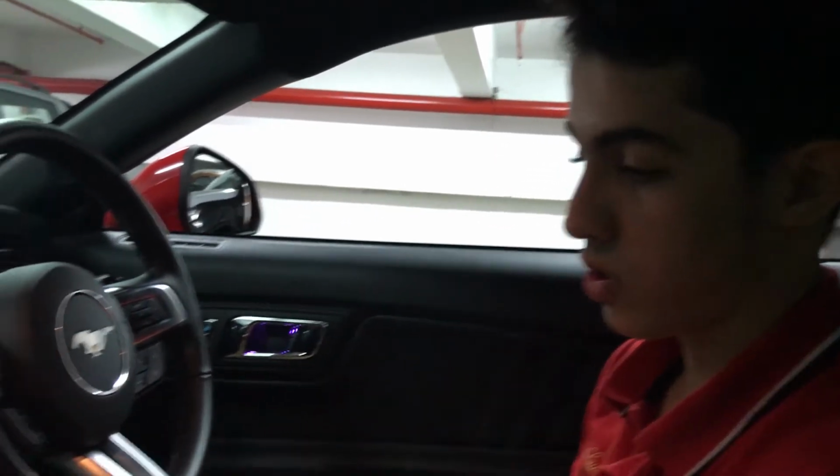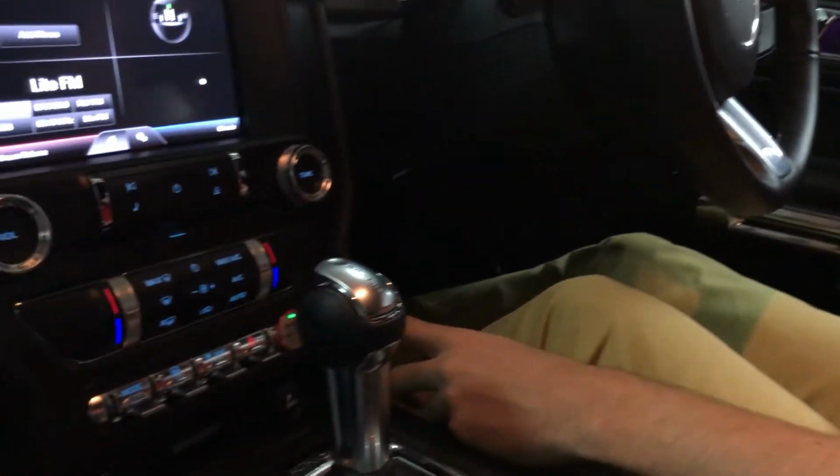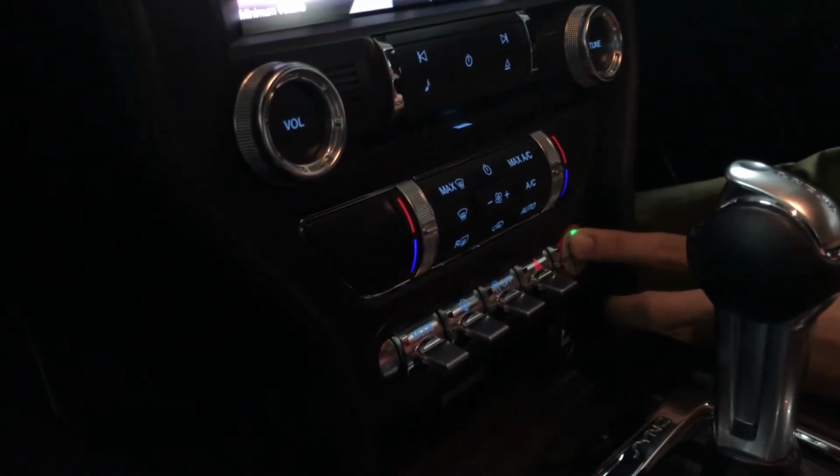So we've got the keys, and now we're going to start up that V8. So we're going to put our foot on the brake. This button is going to light up, and